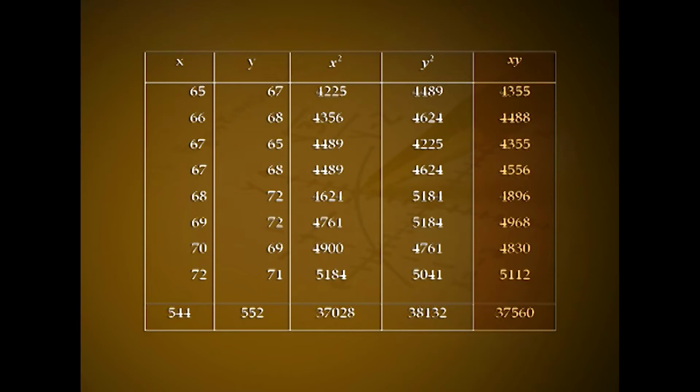4355, 4488, 4355, 4556, 4896, 4968, 4830, 5112. Sigma xi values 544, sigma yi values 552, sigma xi square values 37,028, sigma yi square values 38,132 and sigma xiyi values